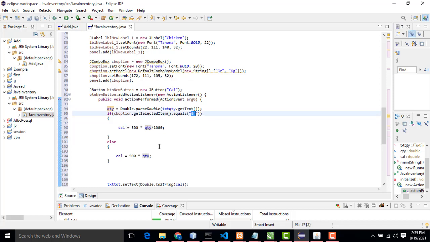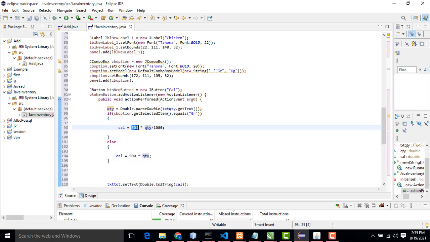If it is a kilogram, we don't need that division. It will be directly multiplied by the quantity. The price for one quantity will be 500. If it is 2, it will be calculated according to the quantity you have given here.